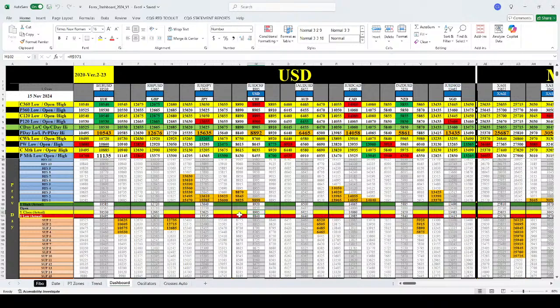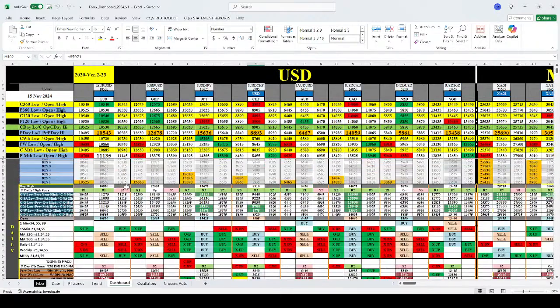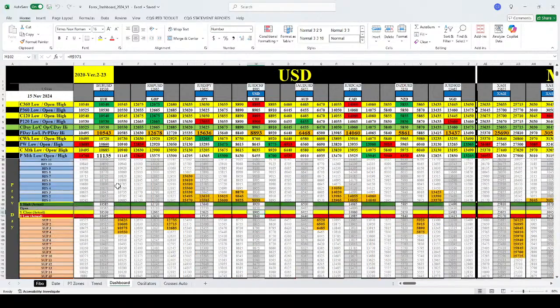Looking at this, euro: let me go through one more time. As long as the price is below 10625 and 10605, we have not seen the reversal yet, because we only have one strong selling force on the daily, and there is no strength yet. The same thing for pound, we are still in the selling force. The 12735, 12740 has to clear, then we can see that the dollar weakness has started.